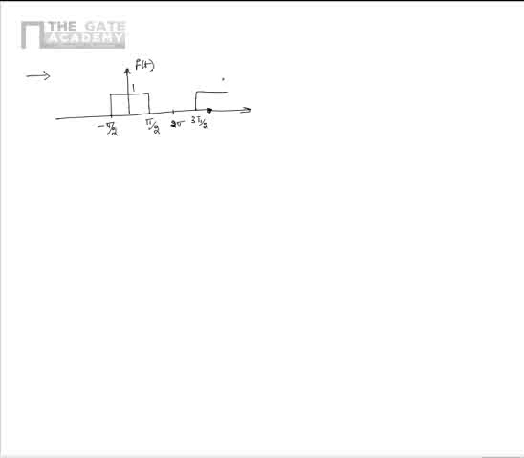Similarly, as before, f of t is 1 from 3 pi by 2 to 5 pi by 2. Please note that f of t is periodic with a period 2 pi. Now find out the terms that would be present in the alternate Fourier series representation of f of t. That is, find out if f of t contains DC term, find out if f of t contains cosine terms, find out if f of t contains sine terms in alternate